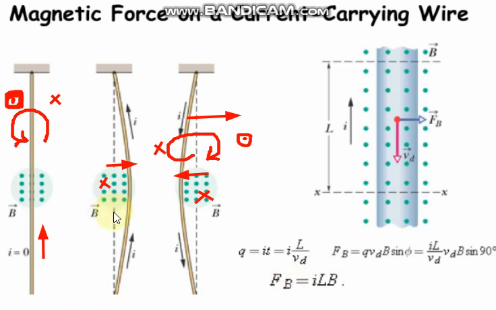That is, if in this case we reverse the direction of the field B and now it is into the page, and if we also reverse the direction of the current as well, then in this case the direction of the force will not be changed, that is, it will still be towards the right. So this is all about the magnetic force acting on the current carrying wire. In the last slide